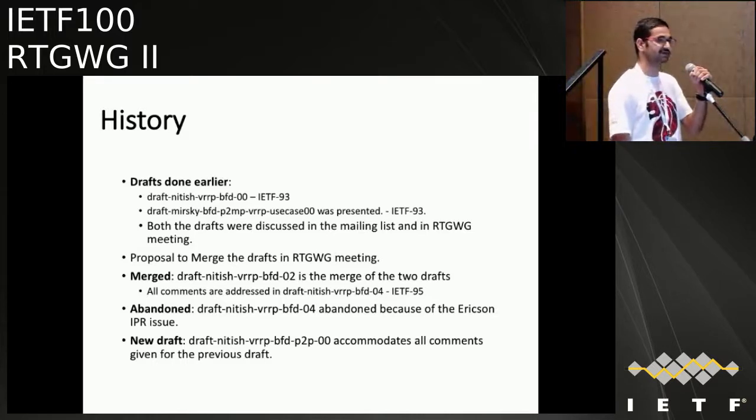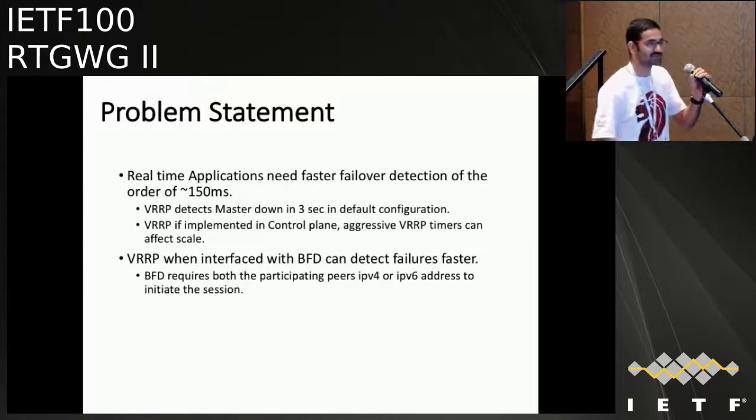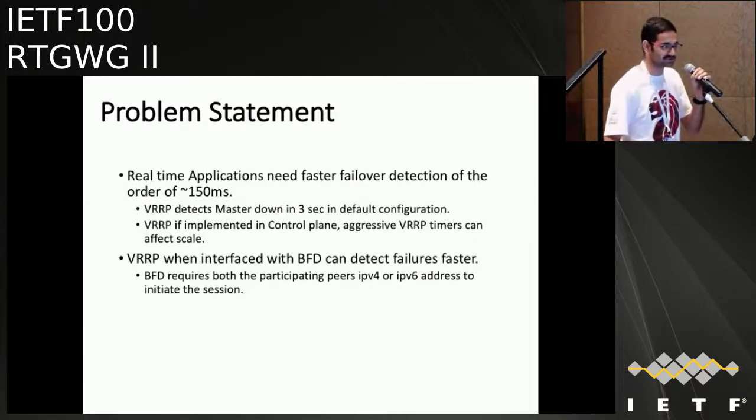And in the next IETF 95, we presented version 4, including certain comments. And after that, we got an IPR issue from Ericsson. That is where the working committee decided that we should stop working on the draft and we abandoned it. And now since that IPR is open, we have moved the point-to-multipoint BFD use case out of this draft and we have brought the new draft into the picture. So, in order to make sure that everyone is in sync with the draft,